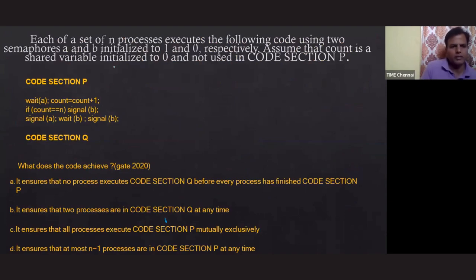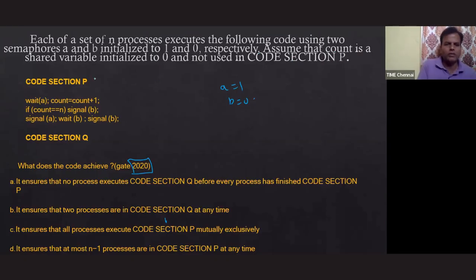Okay, chalo. Please pay attention to this. I think this question was asked in 2020. Okay, chalo. Next one, sir. Each of a set of n processes executes the following code using two semaphores A and B initialized to A equals 1 and B equals 0 respectively. Assume that count is a shared variable initialized to 0